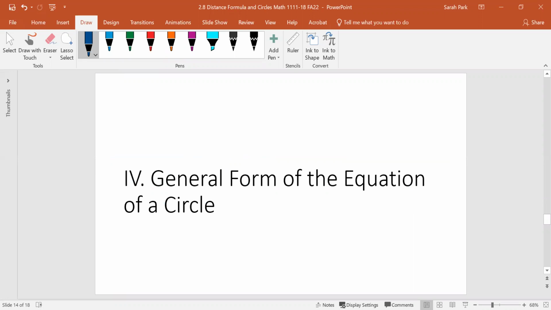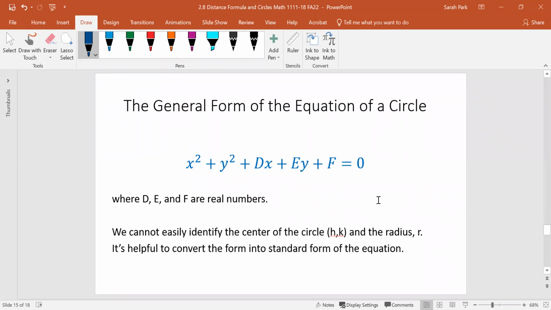The general form is different from the standard form. Remember, we just worked with the standard form. The general form of the equation of a circle is x squared plus y squared plus dx plus ey plus f equals 0. D, E, F are just real numbers like 7 or 5. The problem with this